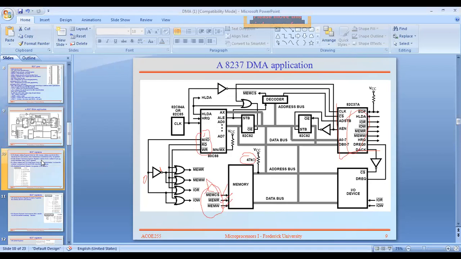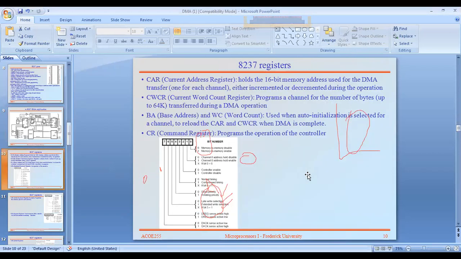See here, what are the different registers available and what are their functions? CAR is the current address register. The name itself indicates that it is a register that holds the address.